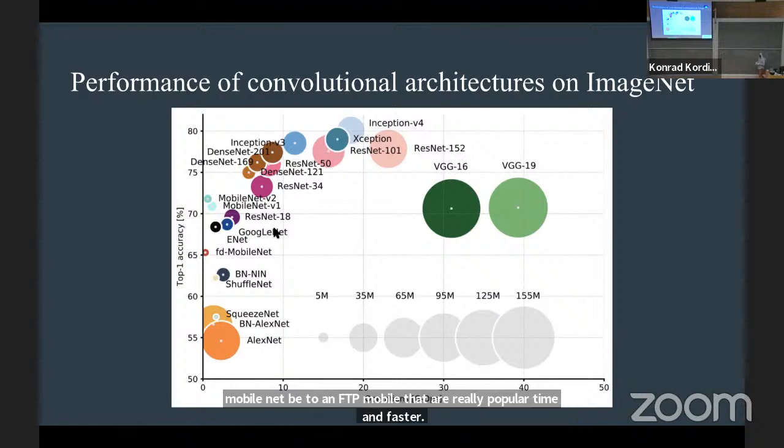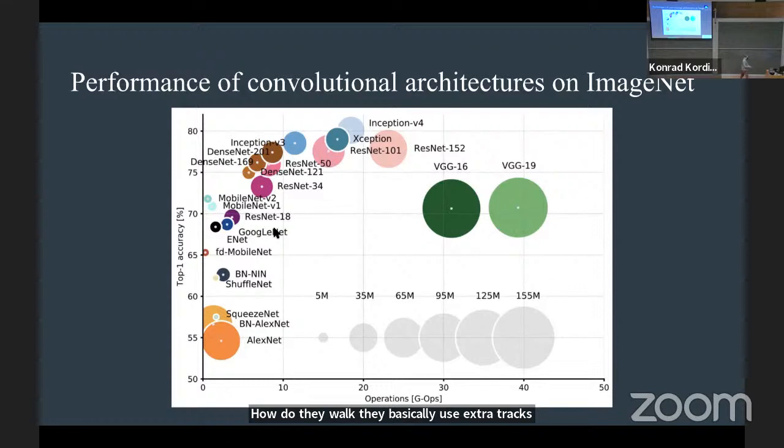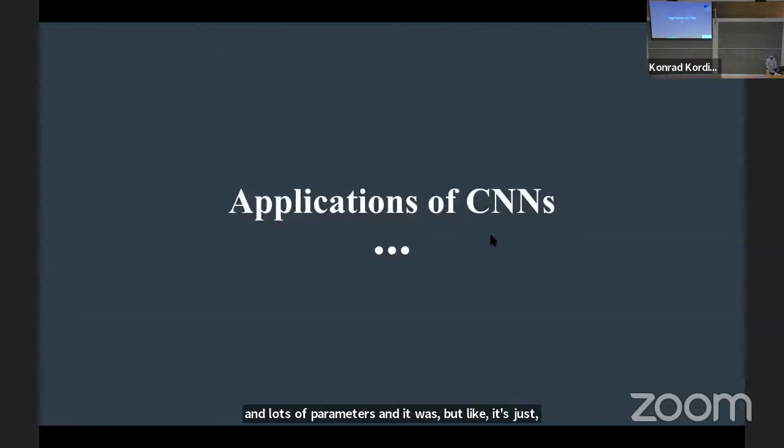How do they work? They basically use extra tricks, extra assumptions about the way the visual world works. Whereas VGG was just, let's give it lots and lots and lots of parameters, and it works, but it didn't have many other ideas. But